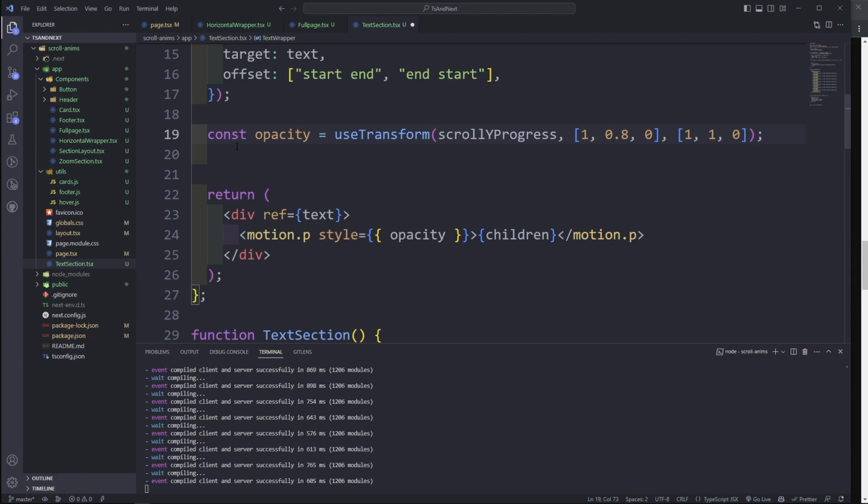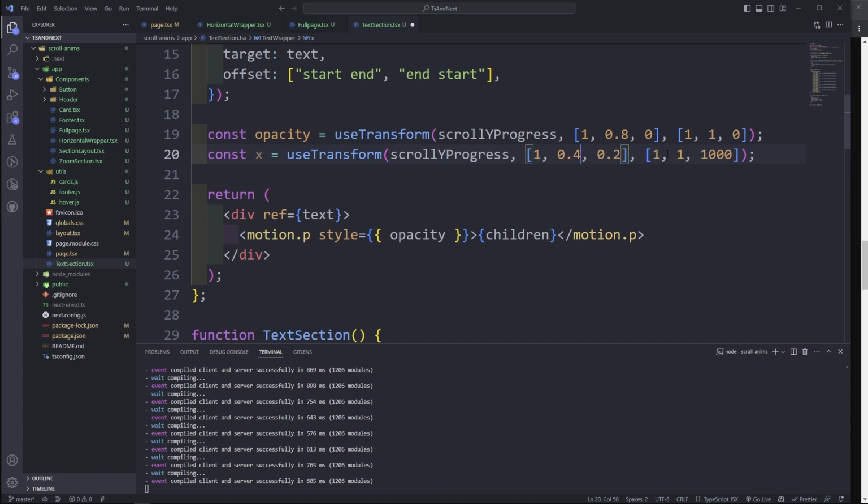So I'm going to do const x equal to useTransform. For the x-axis, when the scroll progress equals 1, I'm going to set the x transform to 0. When the scroll progress equals 0.4,